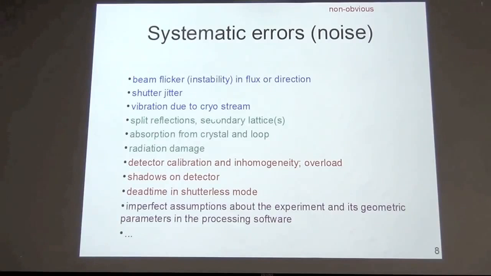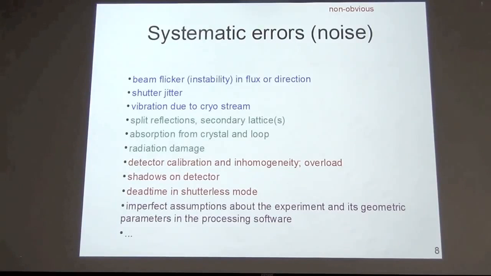Then come the crystal split reflections. We've all seen those ugly reflection profiles, secondary lattices and so on. Absorption plays a role, and radiation damage, which is probably the worst of all of these. And finally comes the detector with all kinds of sources of error: the dead time, shadows on the detector that are not masked, and so on. Dead pixels, hot pixels. And finally, the data processing software, whether it's called MOSFLM or HKL2000 or XDS,